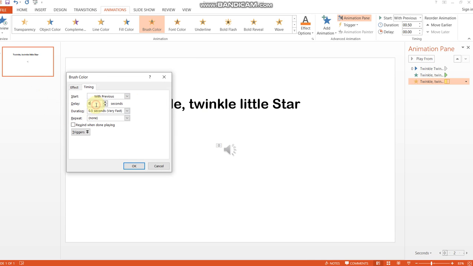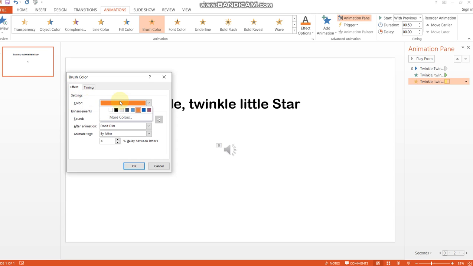After clicking Timing, you can now set the time by setting the duration in seconds and the delay of your lyrics. Let's say I'm going to put a 20 seconds delay and 12 seconds duration.